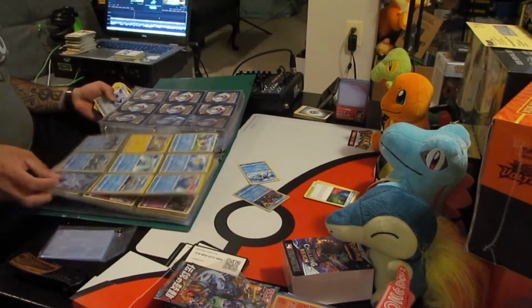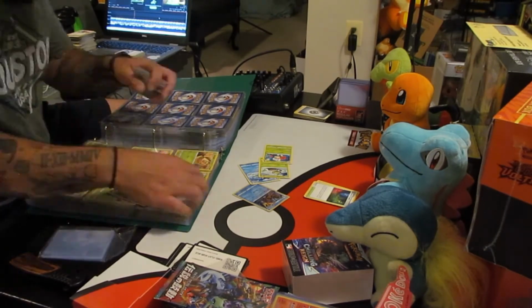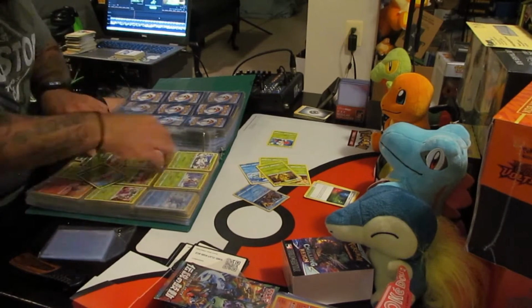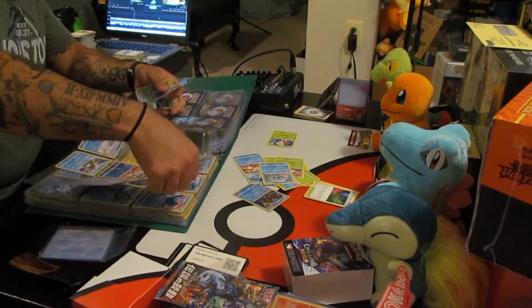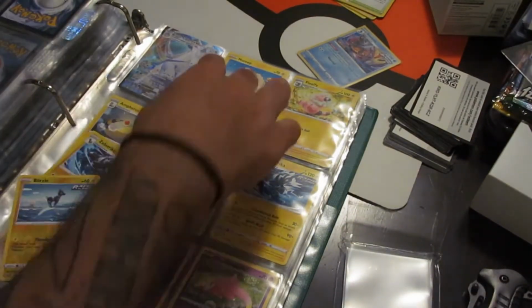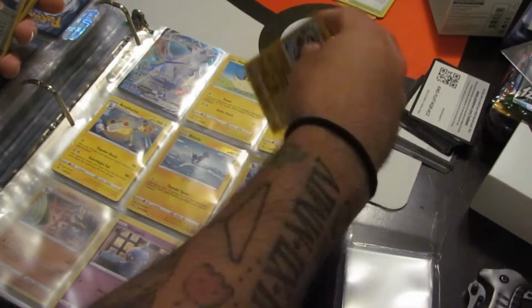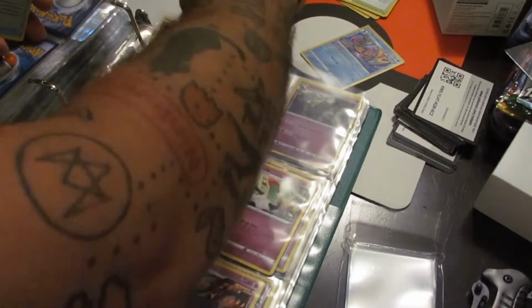So this makes it pretty easy too, because you can just narrow it down to all the greens, all the blues, all the blacks, purples, everything. And then that way you can just go right to the page and then just switch in all the reverse holos. And then what I started doing is if I have more than one reverse holo, I just put it behind the back of that card. And that way if I need it, like if I'm trying to sell it or trade it, then I have it there and I don't have to go through the entire stock of bulk in order to find